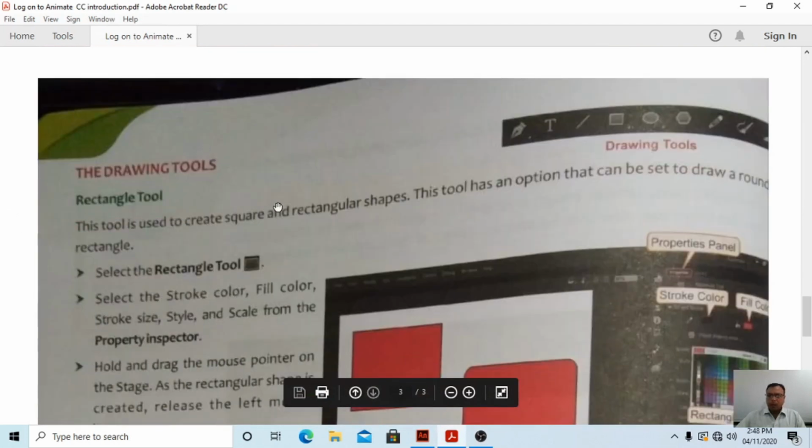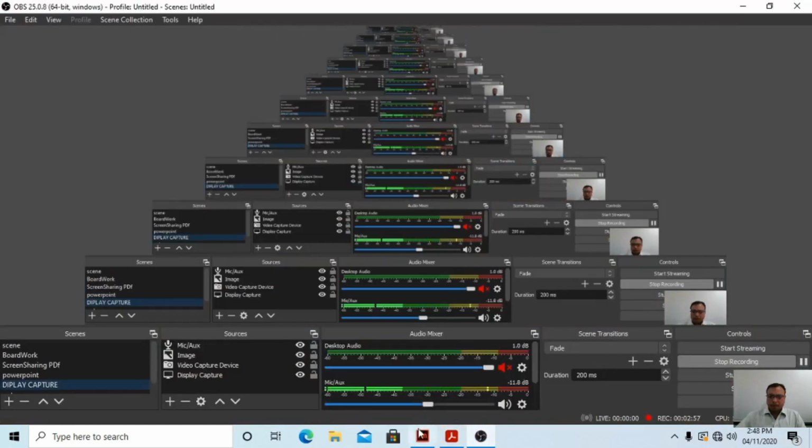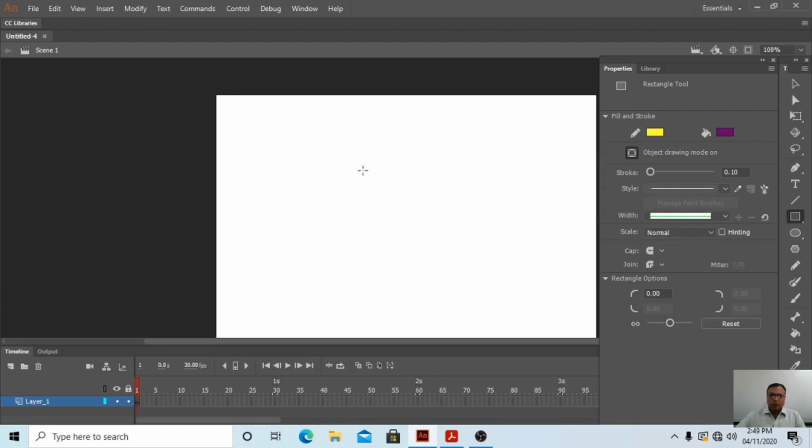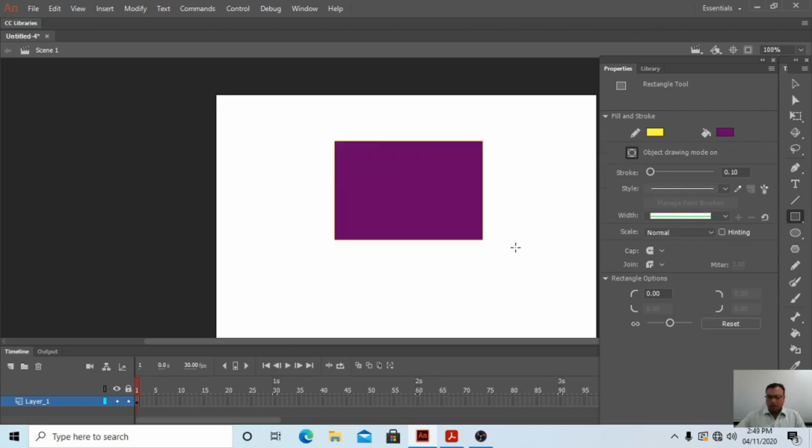Now next is the rectangle tool. From the drawing tool we have to draw with the rectangle tool. How will we do it, students? We did this in the previous class. Clear? So from the rectangle tool, see here. If you want to change to a different color, we have taken this color.